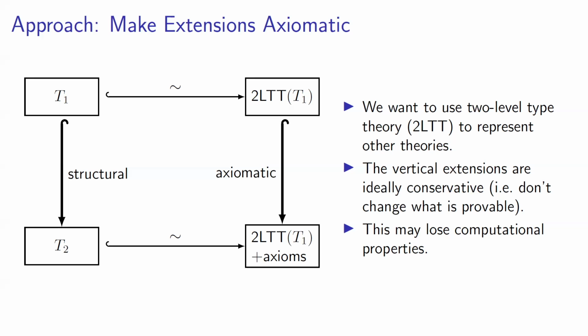So I will say a bit more about what I mean by two-level type theory. I think some people in previous talks have already talked about this. But in a nutshell, two-level type theory just gives us some additional language to talk about a type theory. So it's like you take a type theory and then you just add some of the meta theory of this type theory and allow yourself to talk about this meta theory.